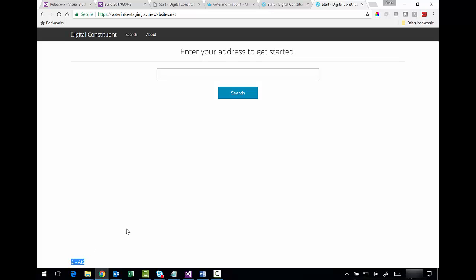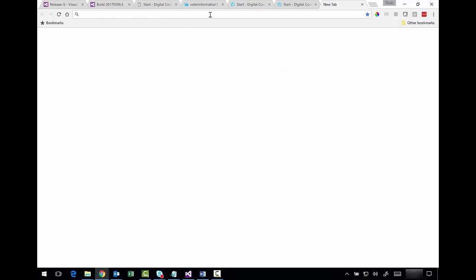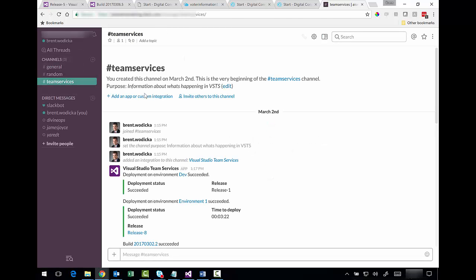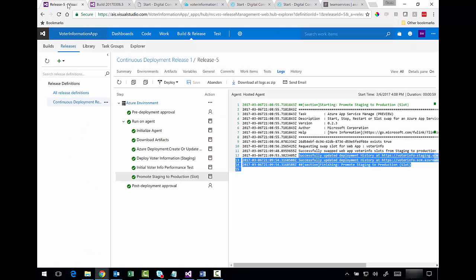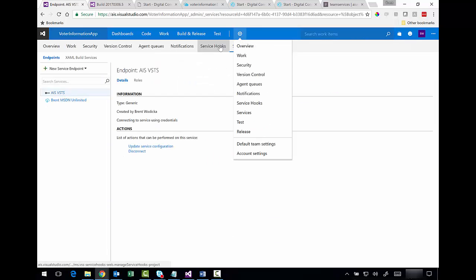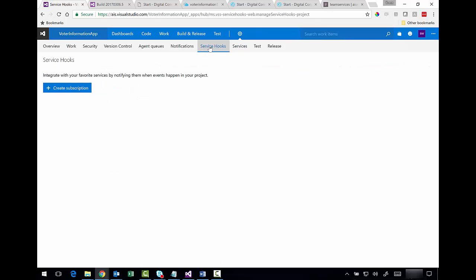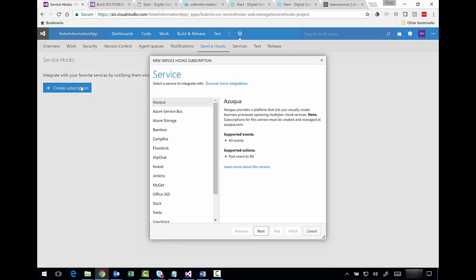And the last thing I want to illustrate here is how simple it can be to notify some of your internal systems upstream, give some feedback on how either your CI, your CD, or both, how they're doing. So I've created a Slack team for this, and I have a channel called Team Services. I've generated a webhook in Slack. I won't show that here, but I'm going to use that webhook within VSTS to send a notification over to Slack so that my team members could potentially be notified about the fact that a build has been deployed